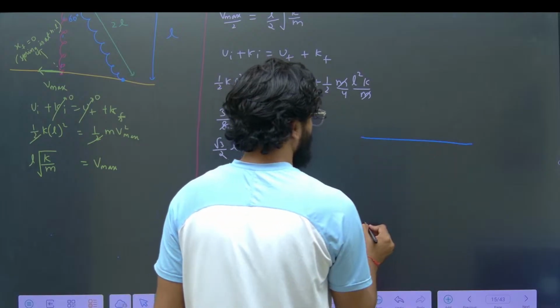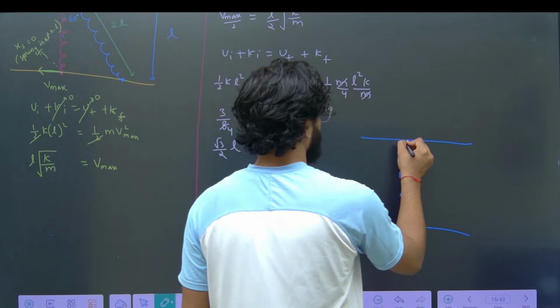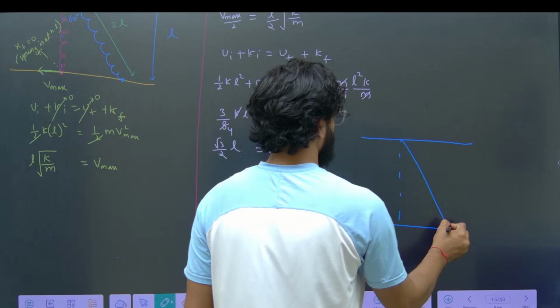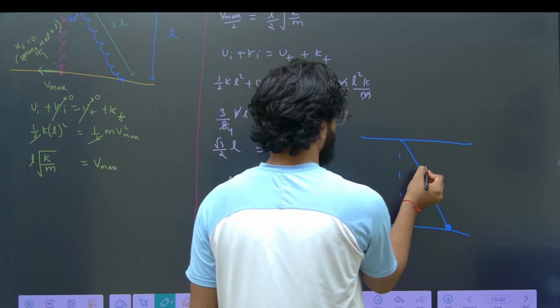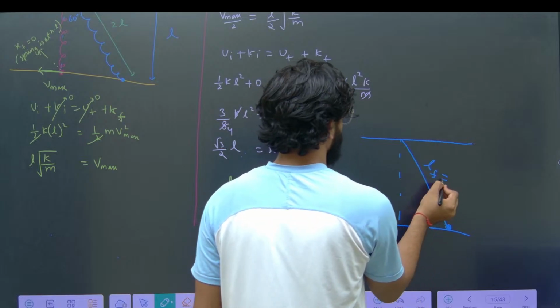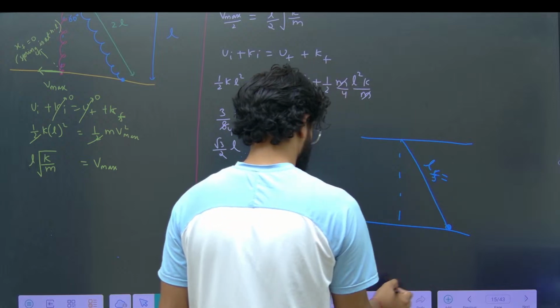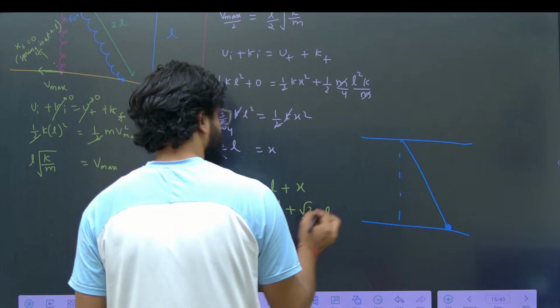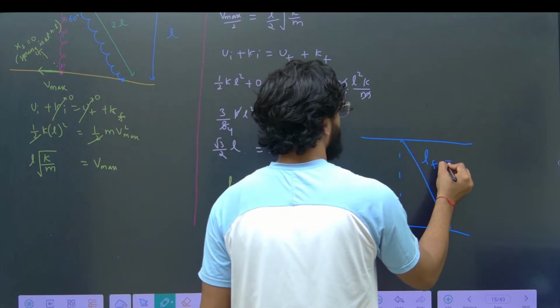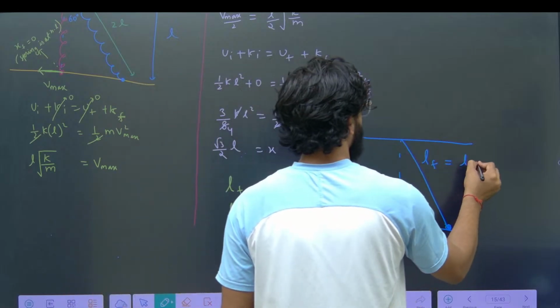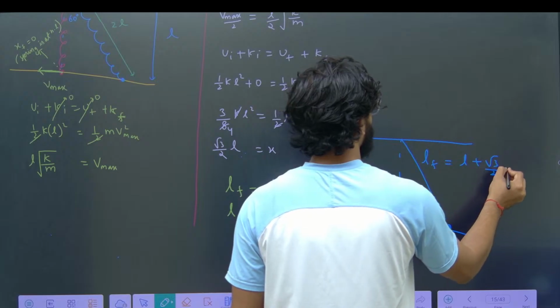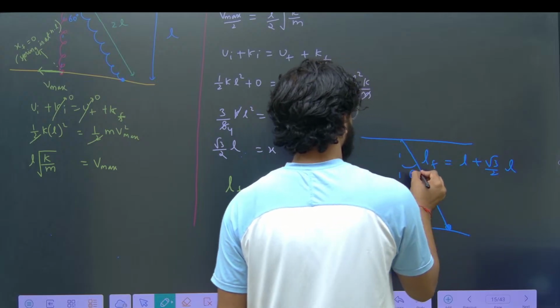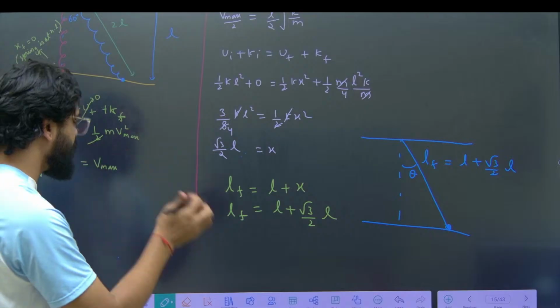It might look like this, that this length L final is L plus root 3 by 2 L, and if this is theta, correct, can we write